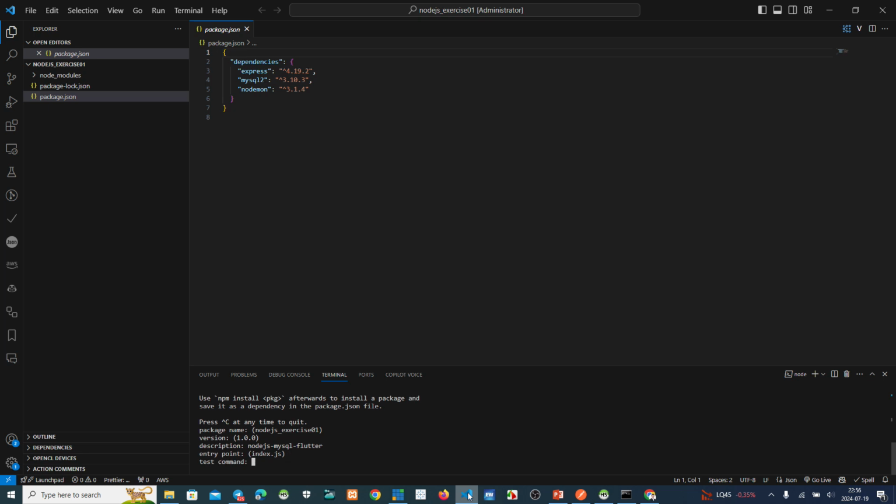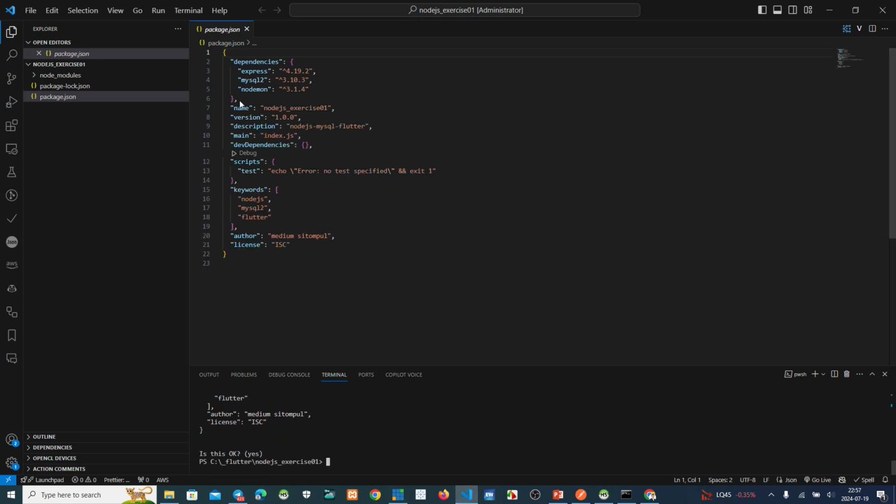Entry point index.js, test command, git repository, keywords: Node.js, MySQL2, and also Flutter. Author Medium Sitompul SJ. Okay.